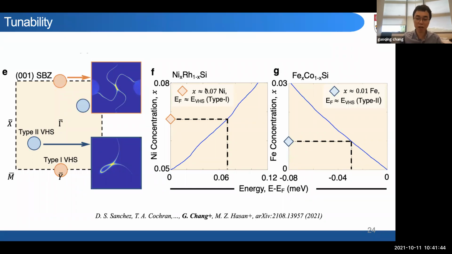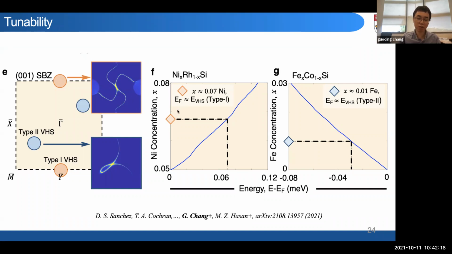So here I give an estimation of to which level we can move this Fermi level exactly to the Van Hove. So in this system, we are supposed to realize both type 1 Van Hove at the time reversal invariant points and type 2 Van Hove at generic points of momentum space. According to previous theory, people say that the type 2 Van Hove prefers P-wave superconductivity. So in the future, if we can really move the Fermi level to this node, maybe we can realize it,